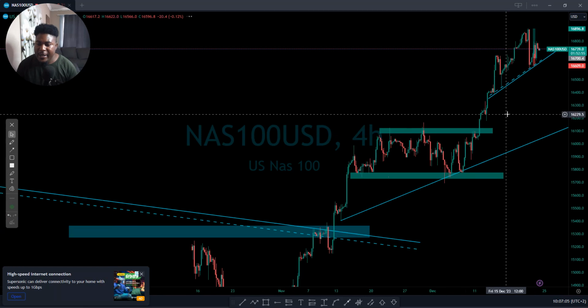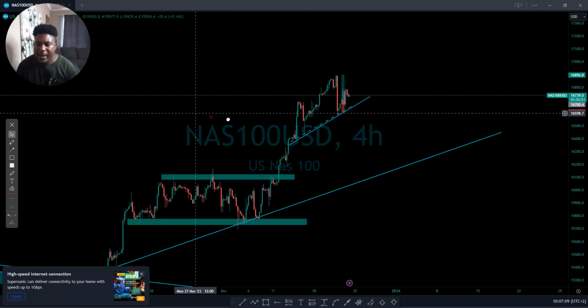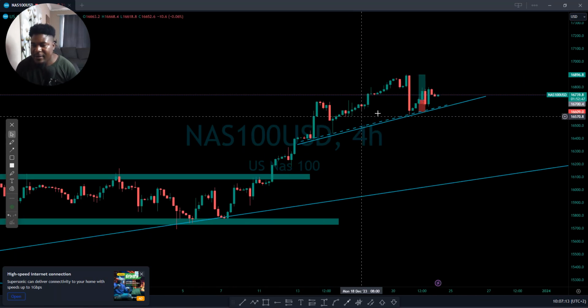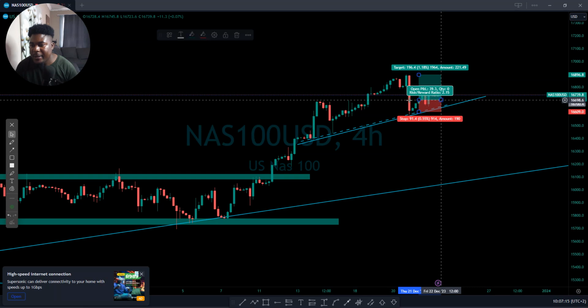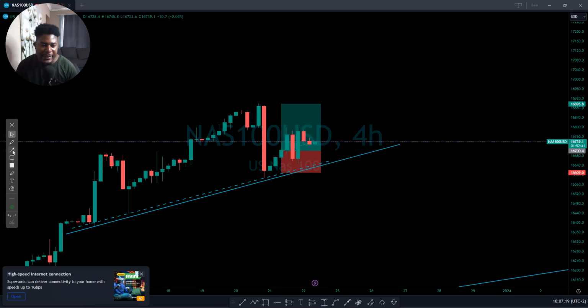So what's really happening on Nasdaq? Since we got out of that downtrend, now the market is pushing to the upside. The structure is not really proper. I don't really like this type of structure, but we did have some profits yesterday. You can see that the market did give us a proper reversal here. I don't know why the market moved like that.